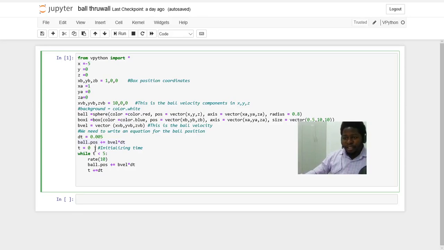And then initially I'm setting my t equals 0 to initialize time, and then I have my while loop as for t, while t is less than 0.5, and setting the rate at which the ball should traverse through the x-axis to be 10, and then I have this. So that the time keeps on adding by delta t, updating, when I run this,